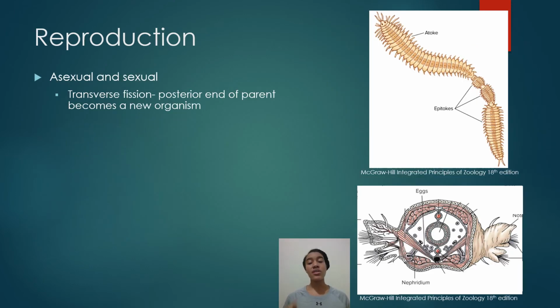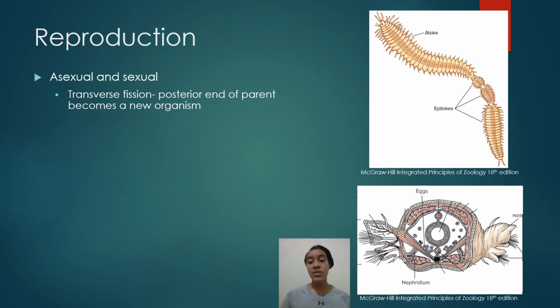Annelids can undergo either sexual or asexual reproduction depending on the species and the particular environmental conditions. In the case of asexual reproduction, they can use something called transverse fission. That's essentially where a posterior region of the animal will break off or bud off and become its own